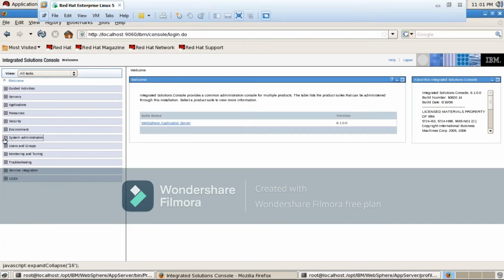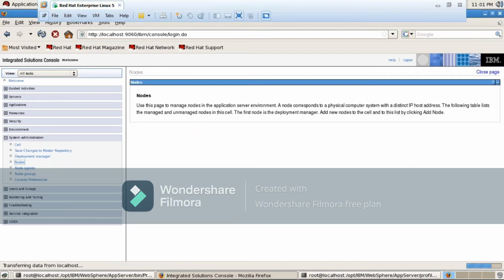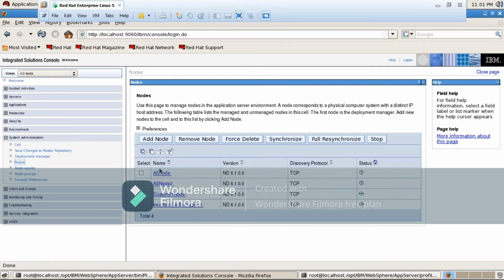If you see at the system administration, if we click on nodes, I should see a total of 4 nodes. Right? See all 4 nodes: AS node 1, AS node 2, custom node 1, and DMGR node.